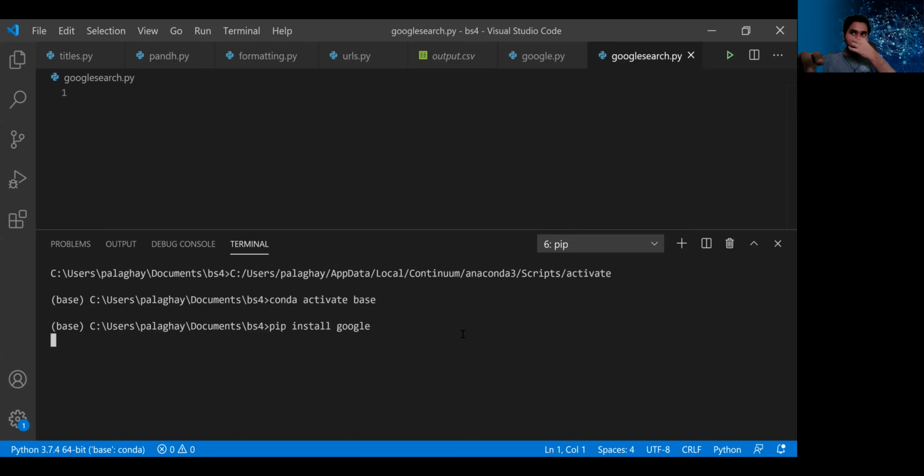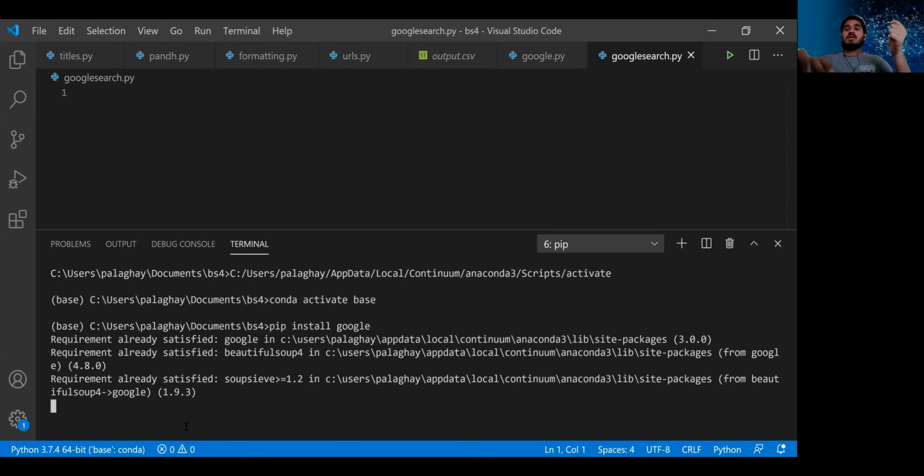I already have that locally, so it will show something like requirement already satisfied. But when you try to install this, it will get installed through pip. Once it is installed, just open Notepad or Visual Studio Code, anything of your choice. Just make sure you have Python on your system, as that is mandatory in order to install this Google library and write these 3 to 4 lines of code. I'm using Python 3.7, so you can use anything Python 3 or greater.